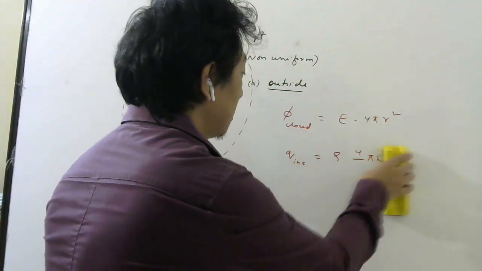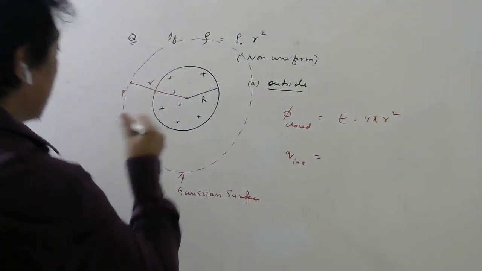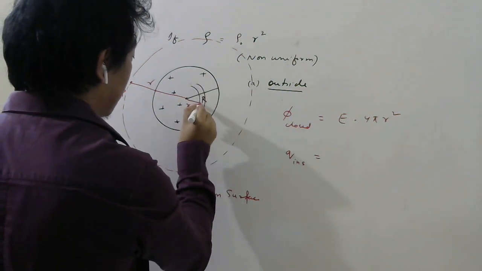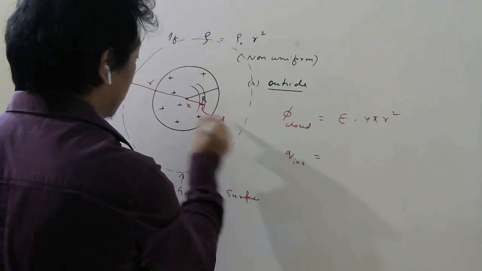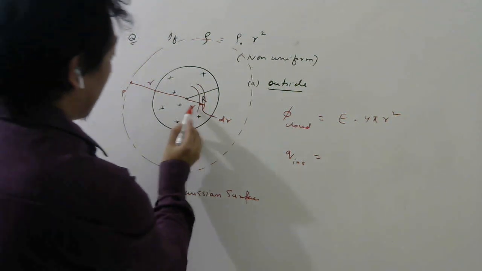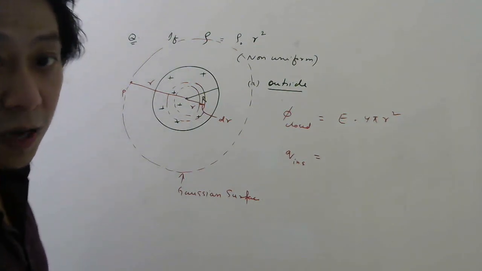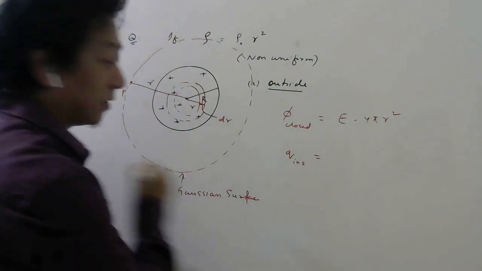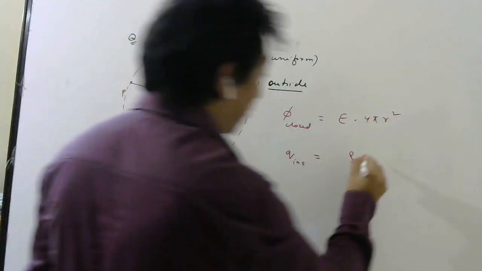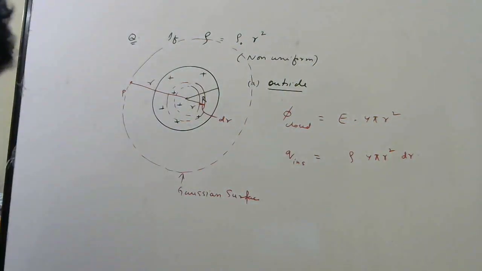So what you have to do, since it is a sphere, you can think of it as made up of shells. So imagine here one shell like this, whose radius is x, thickness is dx, let's say. Or you can write small r, no problem. Small r, this is dr. So the distance from the center is r, thickness is dr, as a shell. Then you calculate the charge in this shell. That will be how much? Density into volume of this shell. Volume of this shell I had told you last time, 4 pi r square dr.